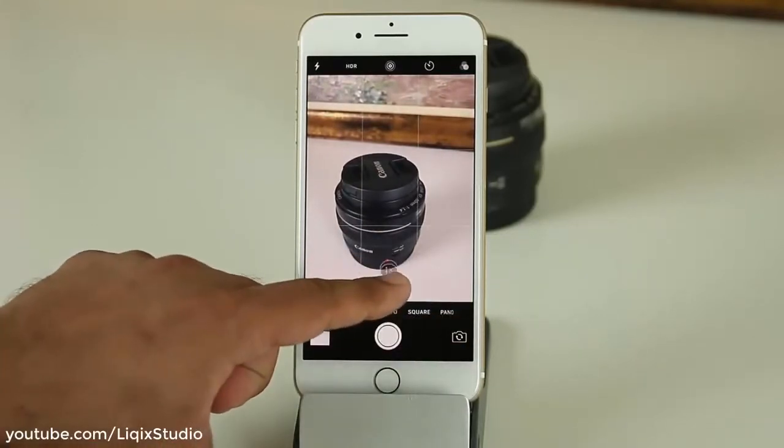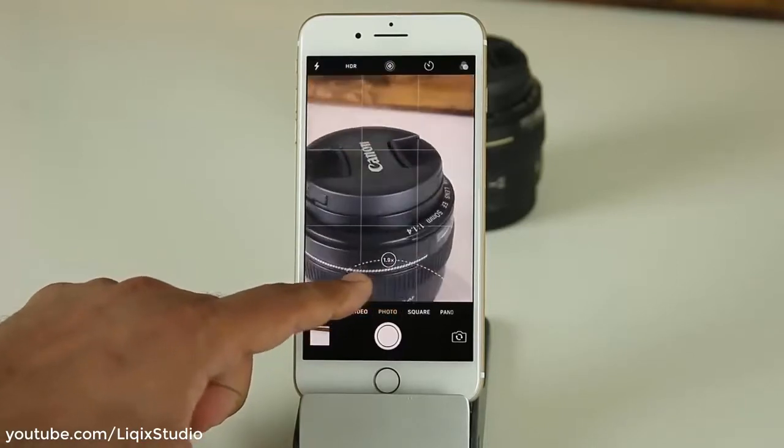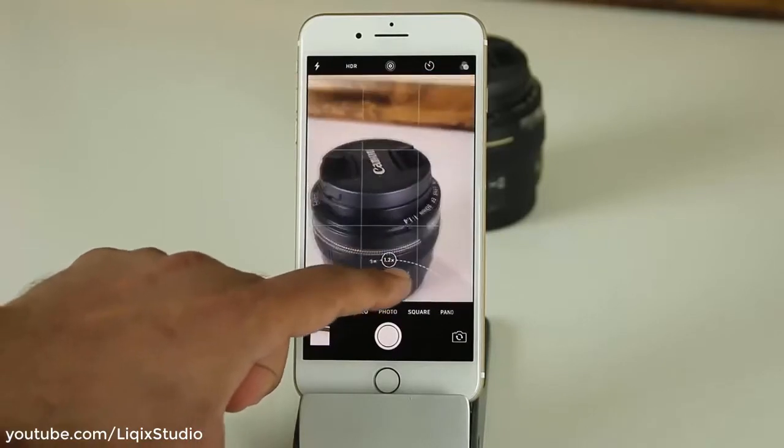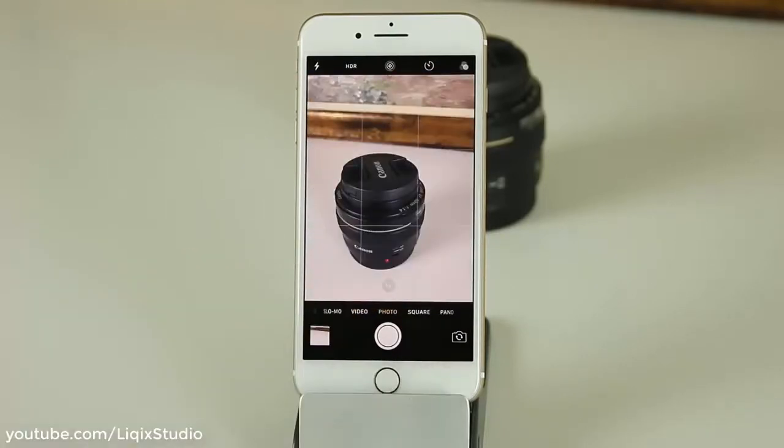Again, press and hold, have the wheel come, and then just manipulate that wheel to zoom in and zoom out. Now, one more thing I want to talk about, another basic tip, is controlling the exposure on the fly